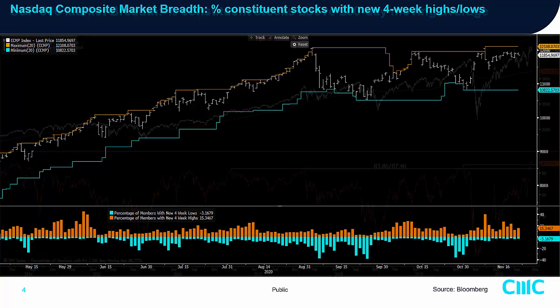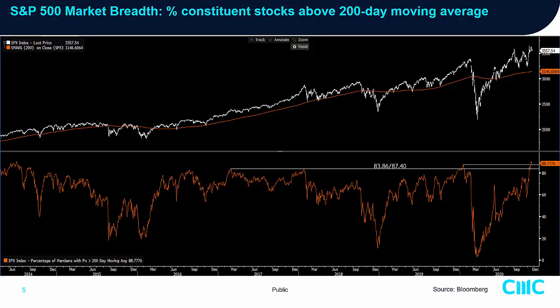Now, one last interesting market breadth analysis I'm going to share with you all will be on the S&P. It actually tells us the percentage of constituent stocks above the key 200-day moving average. So what we could see based on last Friday's close is coming close to 89%. That is telling us that 89% of the stocks in the S&P 500 index are now above the 200-day moving average. So since the 2016 major low, the extreme level that we see so far on this market breadth,